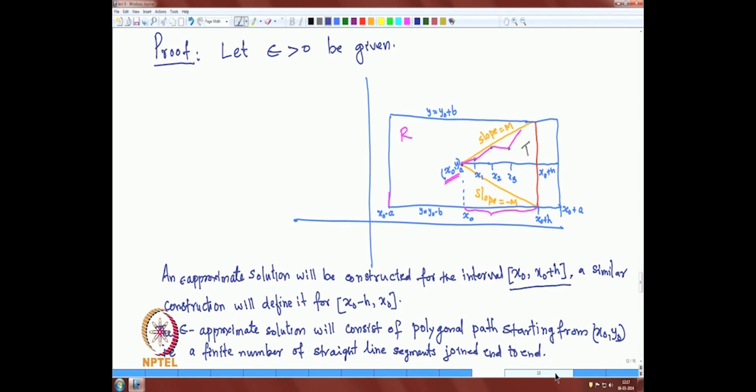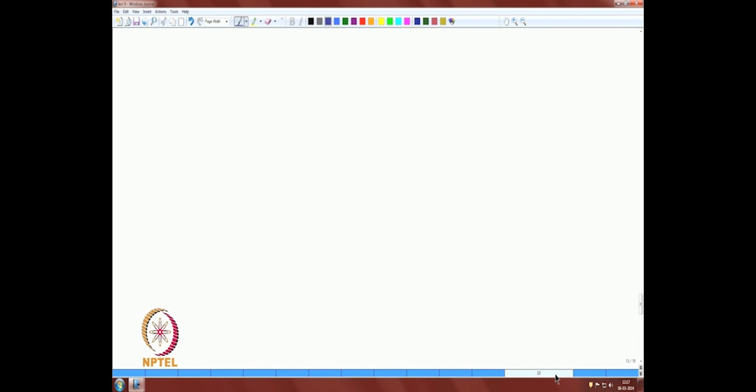So, what we will do is, since f(x, y) is uniformly continuous on the rectangle R. Rectangle R is a closed and bounded set in R2, and f is continuous, that gives f is a uniformly continuous function on R. So, therefore, this implies that